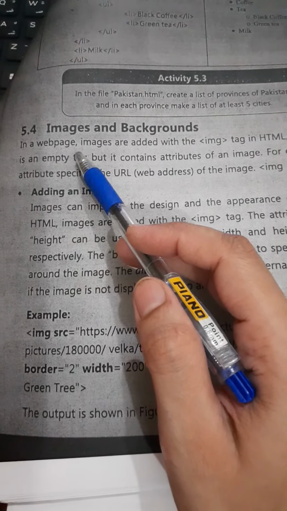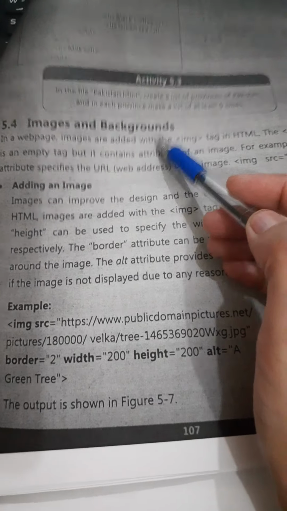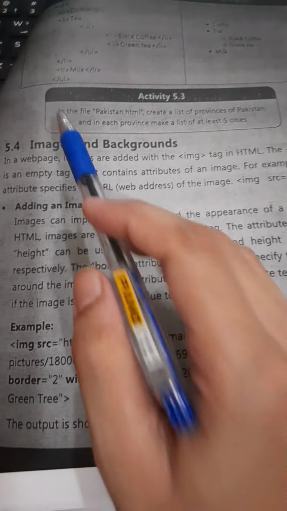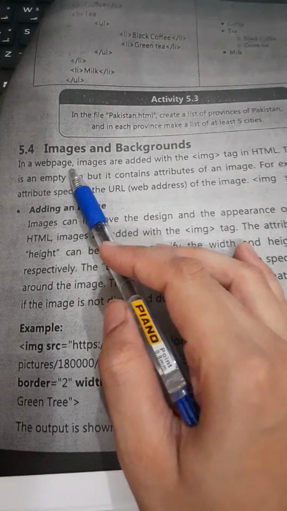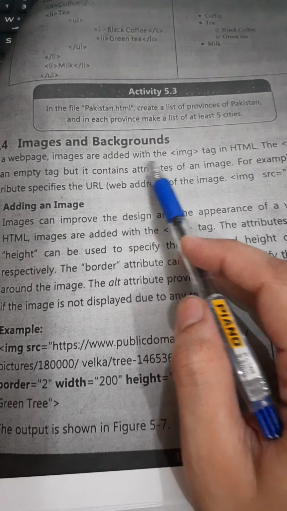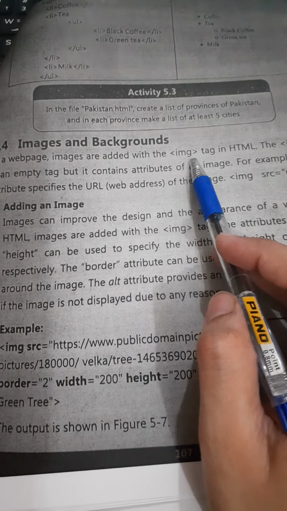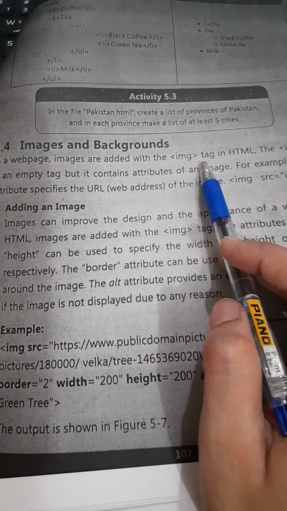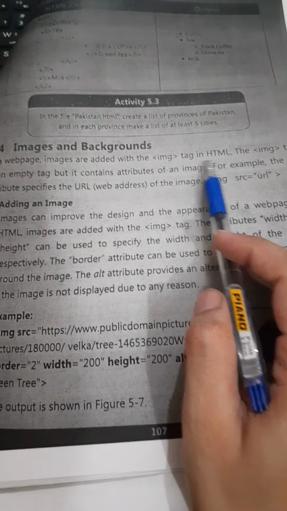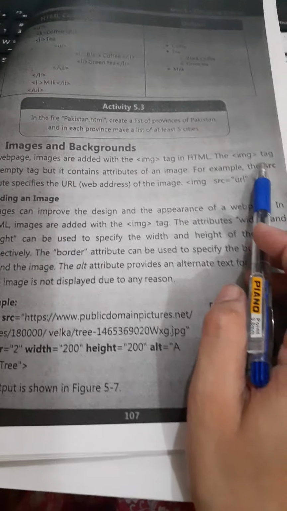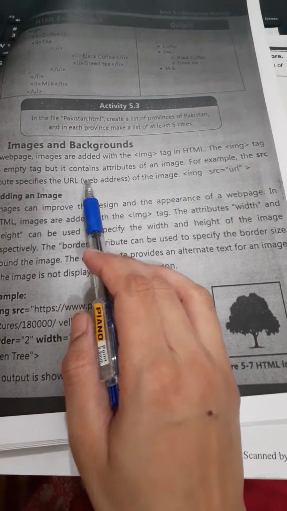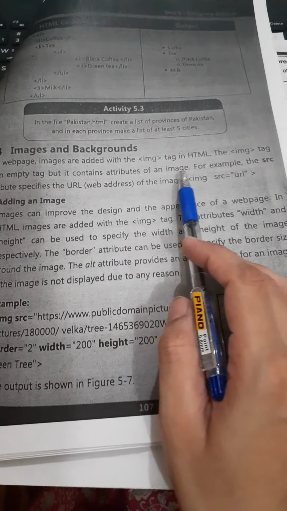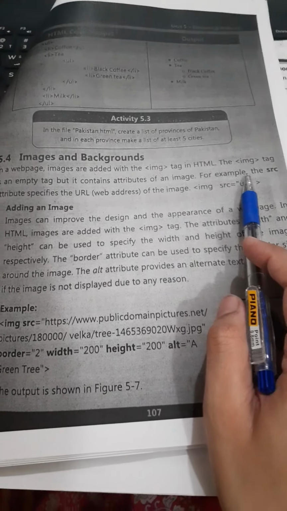In a web page, the topic is on page number 107, right? In a web page, images are added with img. Img stands for image tag in HTML. The image tag is an empty tag, but it contains attributes of an image. For example, the